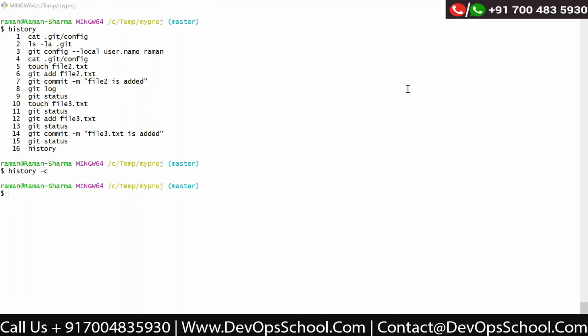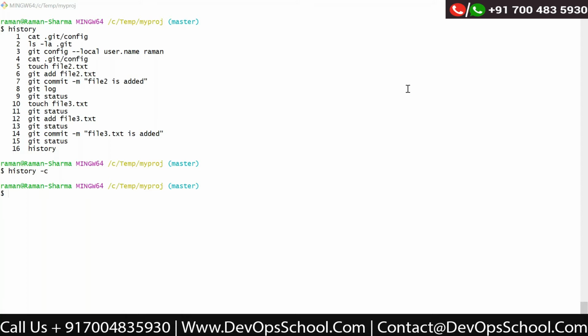contact@devopsschool.com. So, what we have discussed so far: what is a version control system? Three types of version control system: local, centralized, and third is the distributed. So, Git and Bitbucket are examples of a distributed version control system. In a distributed version control system, you have the local repository as well as the remote repository. The local repository is Git, and the remote repository is GitHub, the one which we are going to discuss.